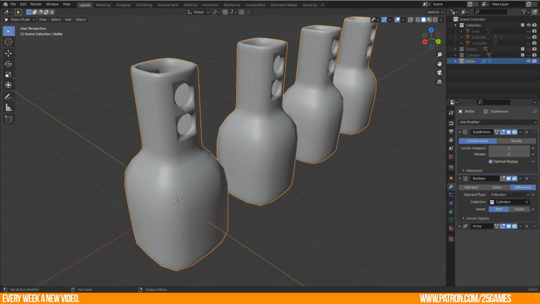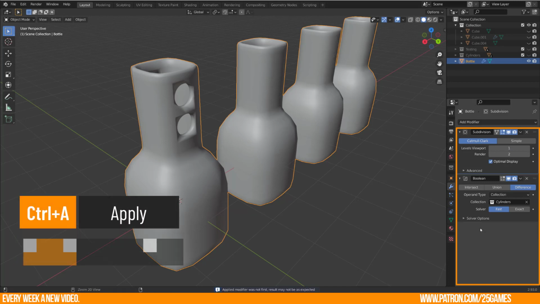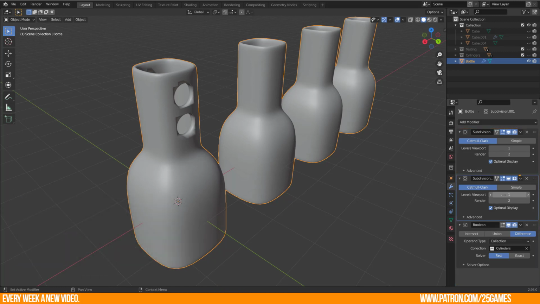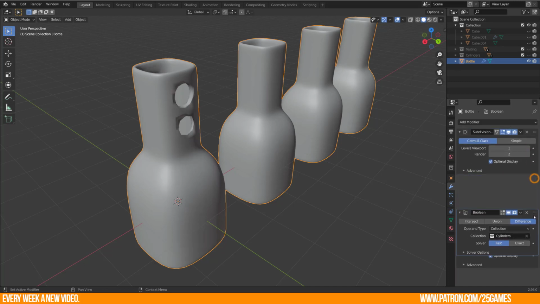Yes, there is no apply and copy button anymore. You are now able to use shortcuts within the active object modifier list. Ctrl+A and Shift+D are working here by hovering over the wanted modifier category. If you don't want to use shortcuts, then there's still this little arrow button here which gives the same result. And for sure you are able in 2.9 to rearrange the active modifier hierarchy list.